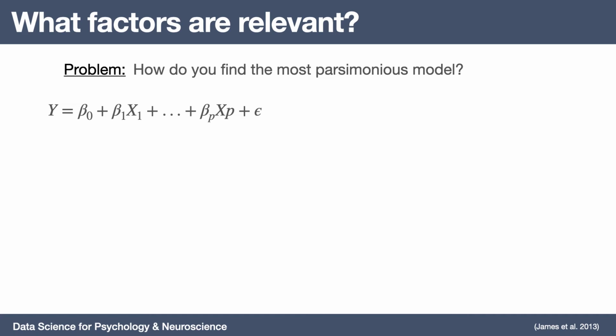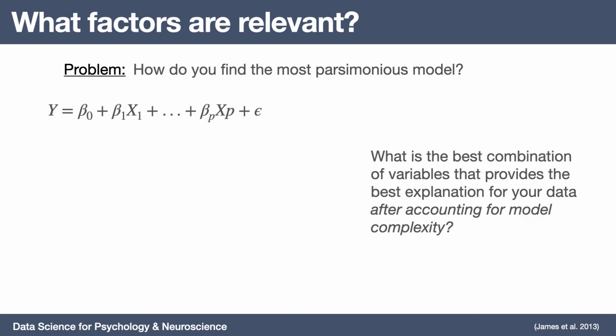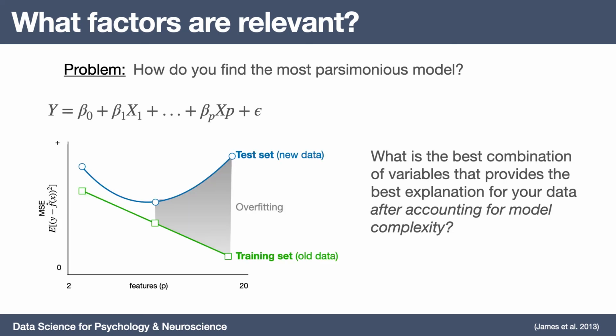What you do with full subset selection is you ask, what is the best combination of variables that provides the best explanation of your data after accounting for model complexity? Essentially what you do is you try to approximate the holdout set variance bias trade-off test, but instead of using